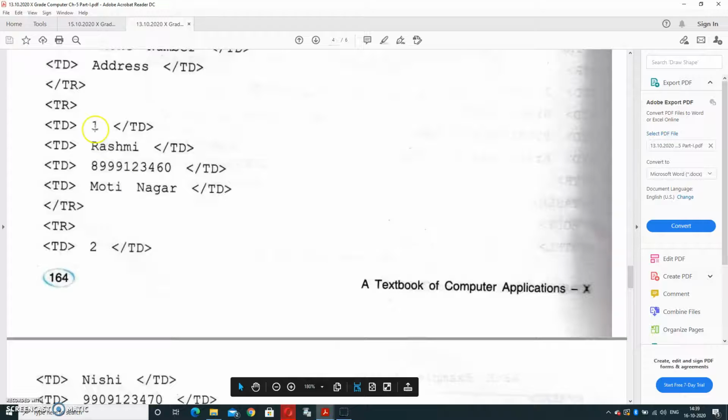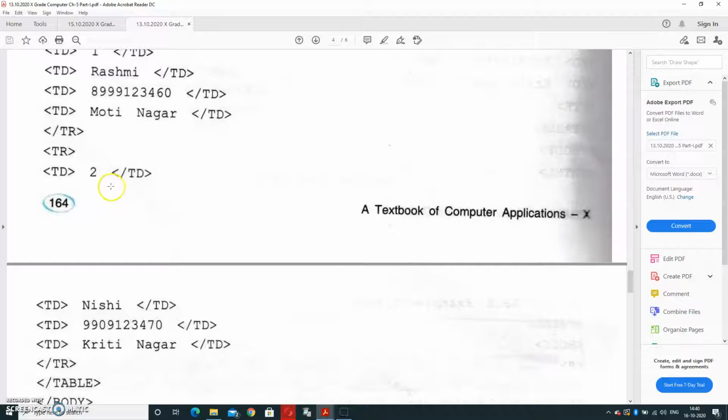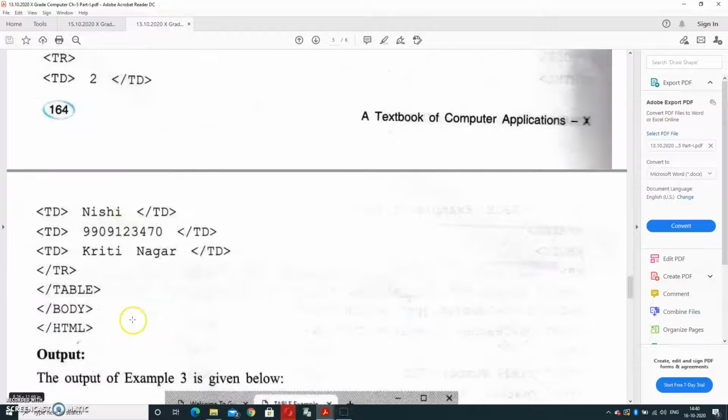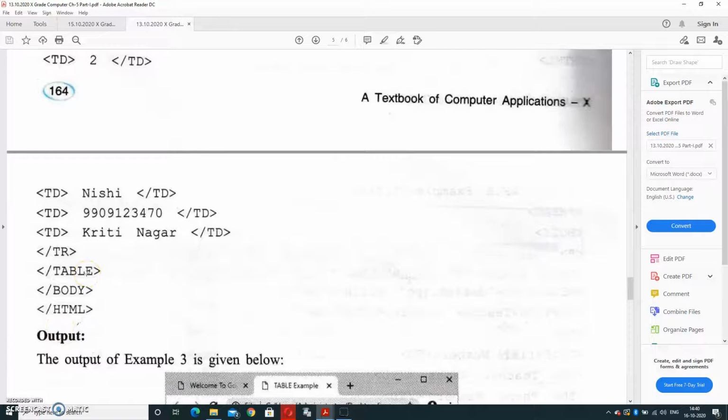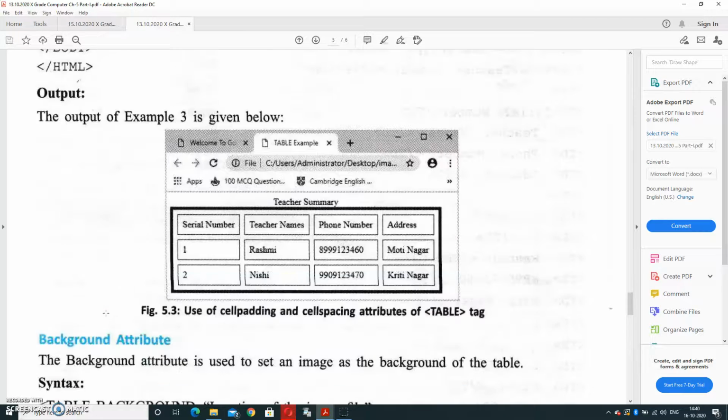Again the third row is 2, Nishi, contact number, and Kriti Nagar. Afterwards, the table tag will close, body tag will close, and HTML will close. Only cell spacing and cell padding are arranged in this program. How much space we have given and how much space we have left in between the columns: around the table it is 8, and in between it is also 8.